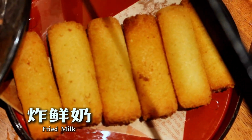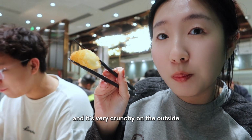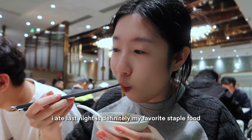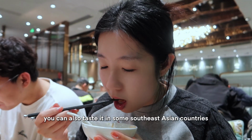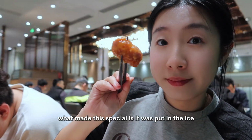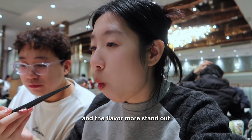Fried milk is actually my favorite appetizer. It's not so sweet and it's very crunchy on the outside and it just tastes like jelly. Hefen, just like the one I ate last night, is definitely my favorite staple food other than rice. You can also taste it in some Southeast Asian countries. Pineapple with sweet and sour pork. What made this special is it was put in the ice, which makes it extra chewy and the flavor more